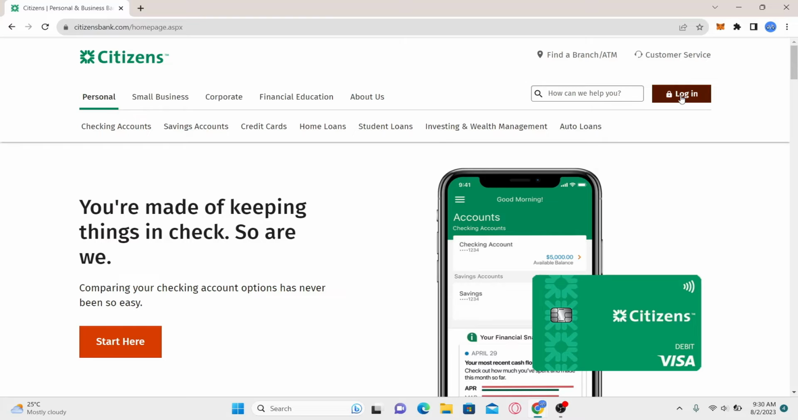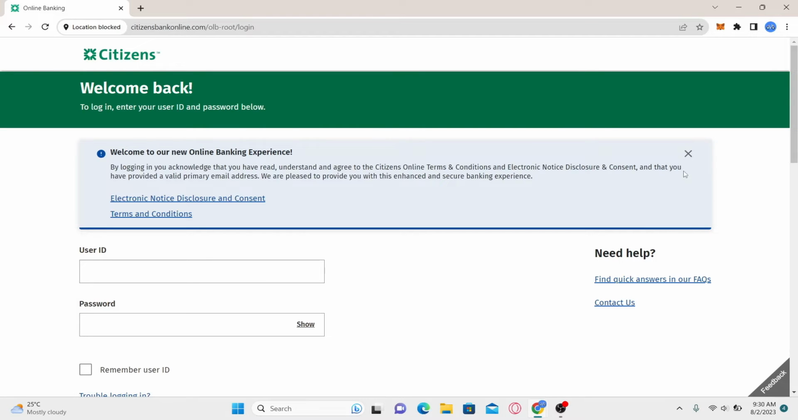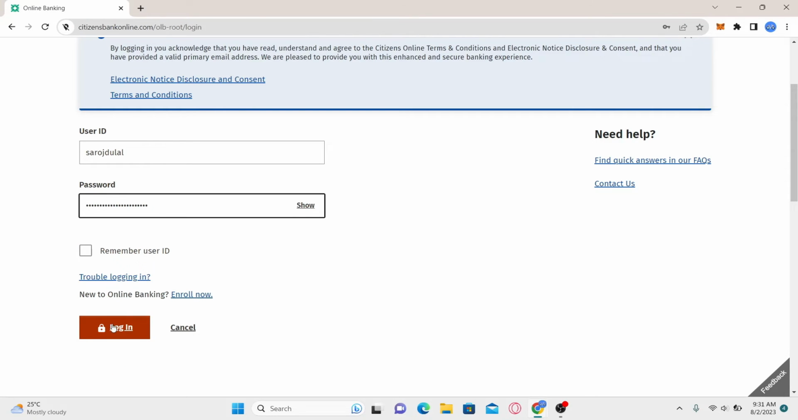Just click on the login button at the top right corner and then select your login type from the drop-down menu. After selecting your login type, click on the login button and you will be redirected into the login page. Now just go ahead and type in your username followed by your password. Then just scroll down and click on the login button and you will be logged into your account with Investors